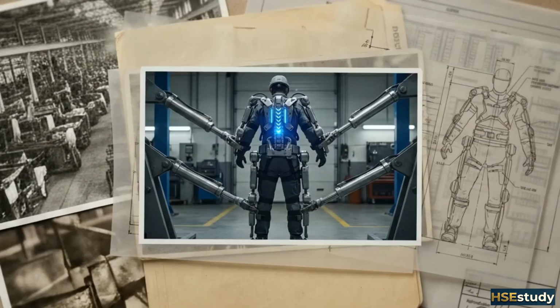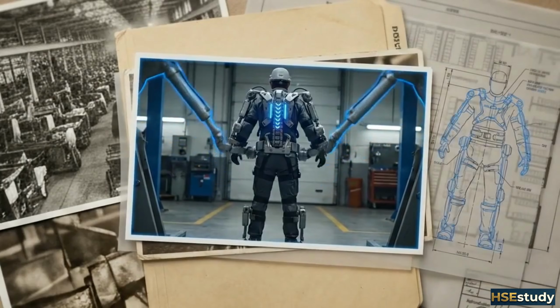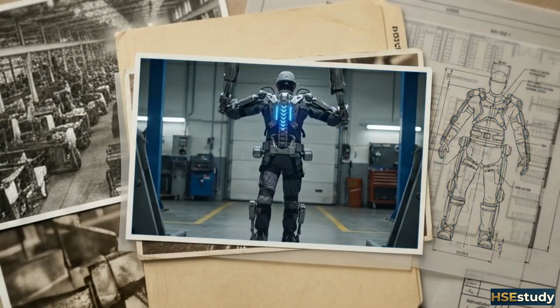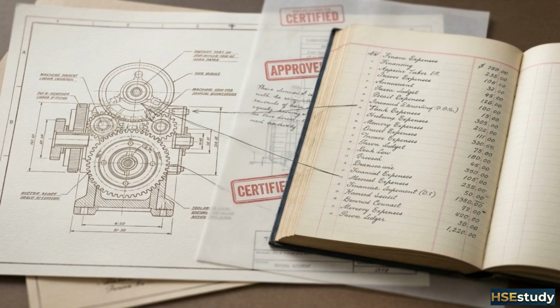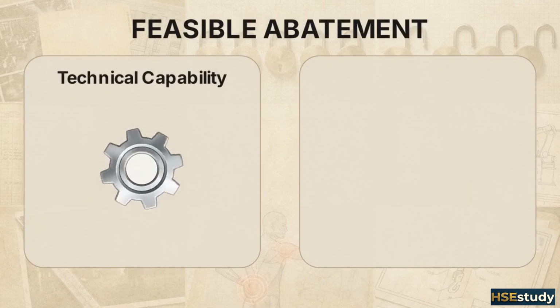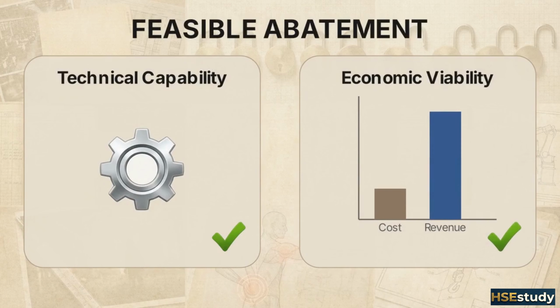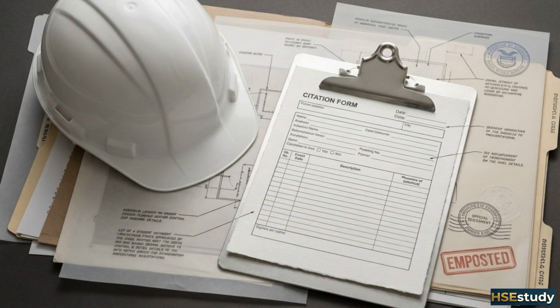Because of this flexibility, a common misconception is that OSHA can use the clause to mandate impossibly expensive or purely experimental safety technologies. That is where the feasible abatement requirement acts as a hard legal boundary. To enforce a citation, OSHA must prove that a proposed fix is not only technologically capable of being done, but also economically viable for that specific industry. The General Duty Clause acts as a specific enforcement mechanism for severe, preventable hazards that haven't been codified into standard law. Let's see how well you grasp the legal mechanics of this clause.